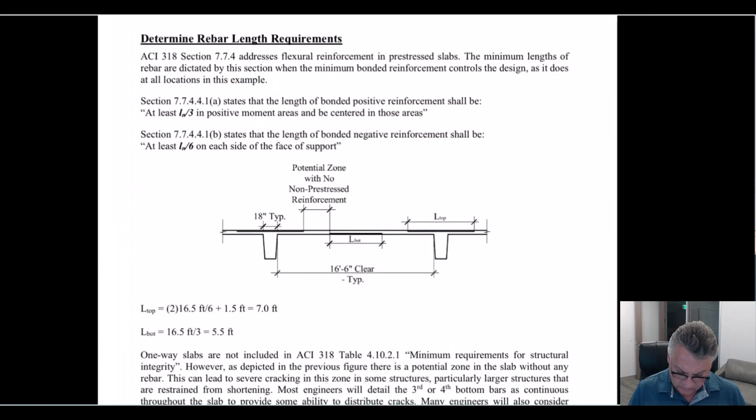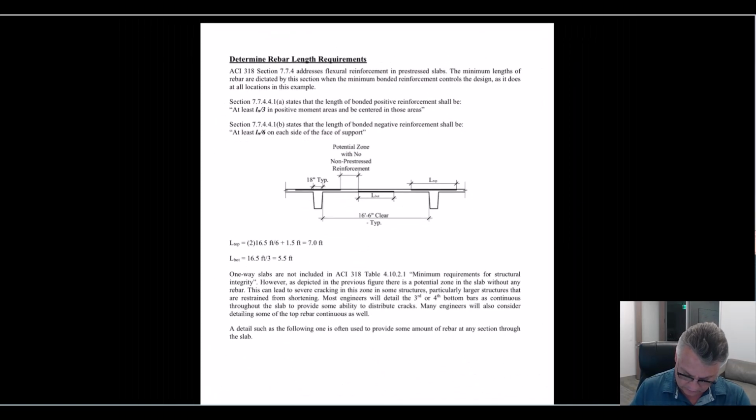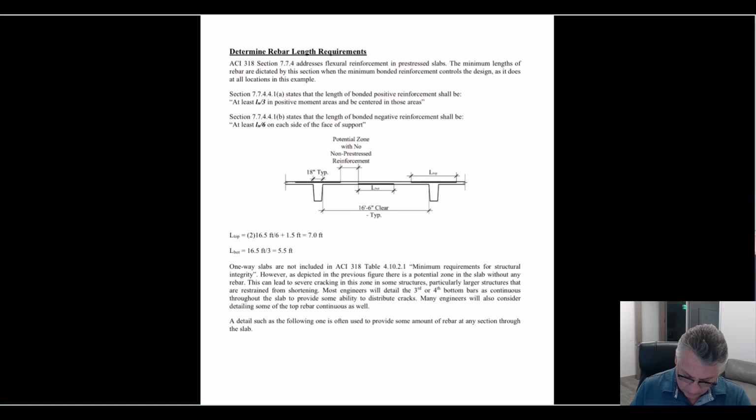If you draw this, you'll see that you actually have a zone of no bonded reinforcement. That's begging for a crack. That really is just saying, hey, I really would like to crack here. So you have no bonded reinforcement. That's where you can look for a crack. So what we do,